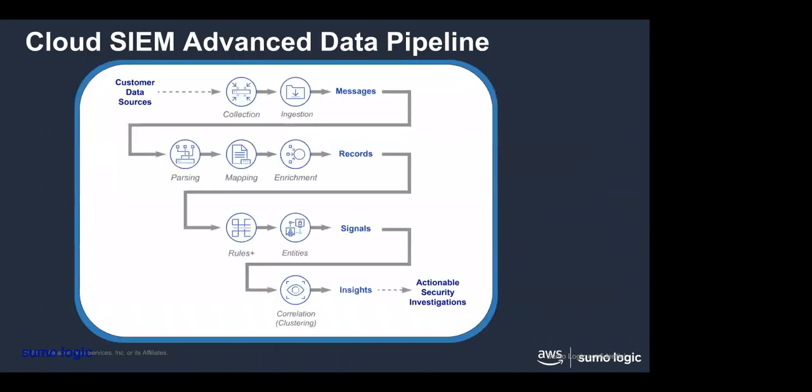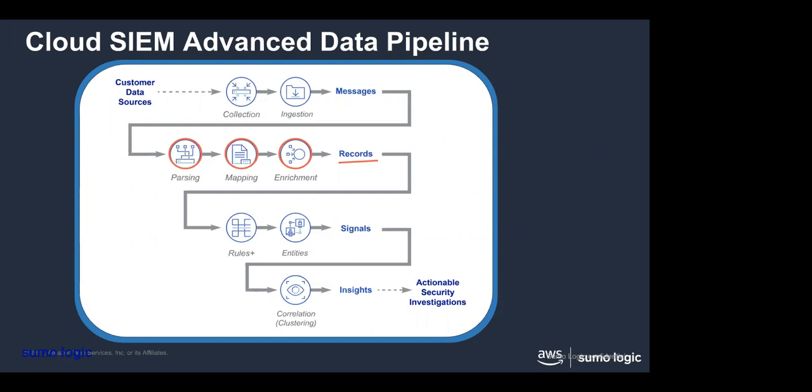As far as our data coming in, it comes in through the normal Sumo Logic collector process, through our collectors and our sources. I showed you those briefly earlier. They generate what we call messages. After we collect and ingest them, we parse out the various fields and map them to things in the Cloud SIEM environment. If, for example, we see something that looks like an IP address, but instead of periods between the octets it has dashes, we'll convert it to an IP address.